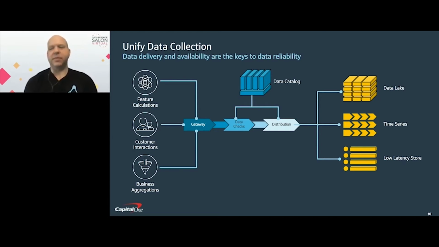And we can separate these things out. There's no reason that they all need to be populated for every piece of data that you want. And that's one of the reasons why you have that unified data catalog. We want to be able to make that decision intelligently in one location so that it can be the authority on where our data is going. That also becomes then the authority that tells us how we're managing our data. If we have questions about where data came from, the data catalog and this unified data collection help us answer those questions.